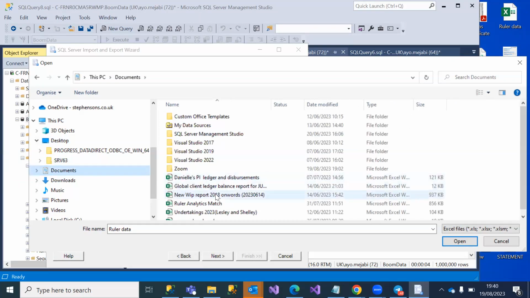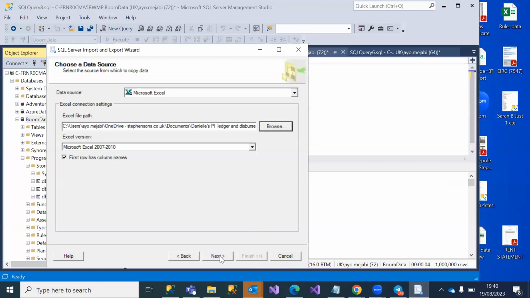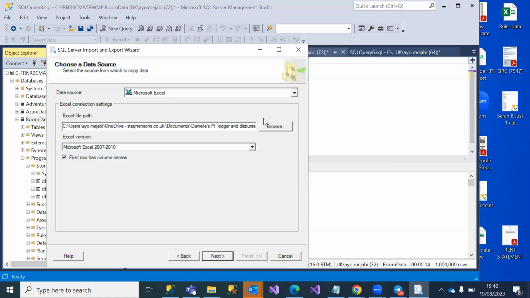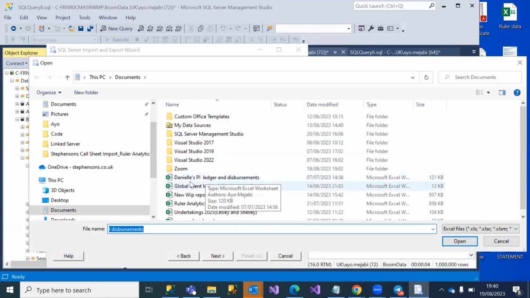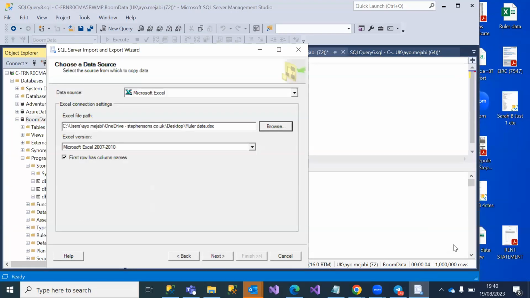Okay, so the data that you had there has got people's names and addresses. That's live data, so I wouldn't want to do that. So I'm going to put this one and do this one. I hope this one doesn't have that stuff. Anyway, this is saying that my document is not stored properly. Okay, one sec.